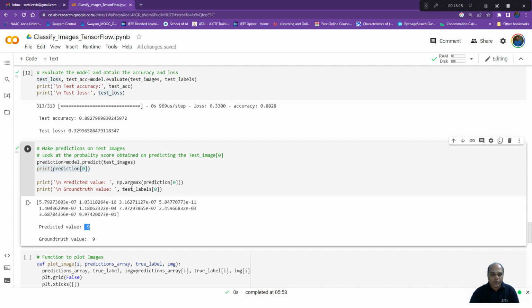What about the ground truth value? Ground truth value is also 9. So the actual ground truth value of the image is 9 and the predicted value is also 9. So like this we can visualize for each image what is the prediction array. From that prediction array we can find the class with maximum probability and that class can be assigned with that